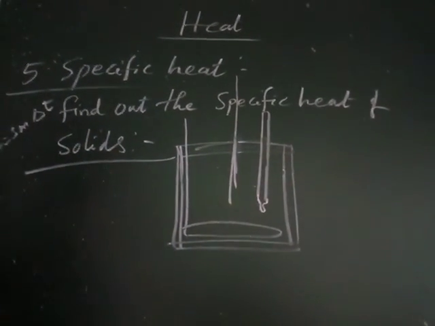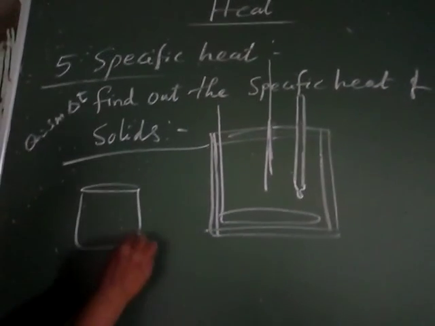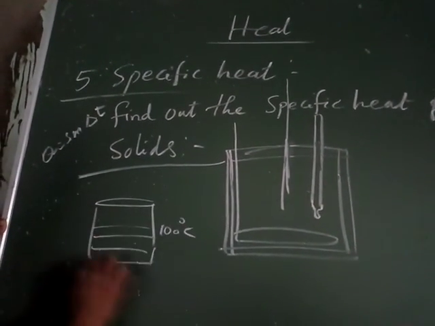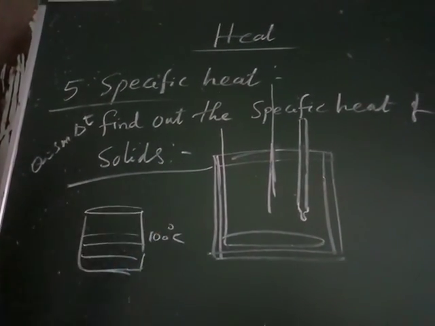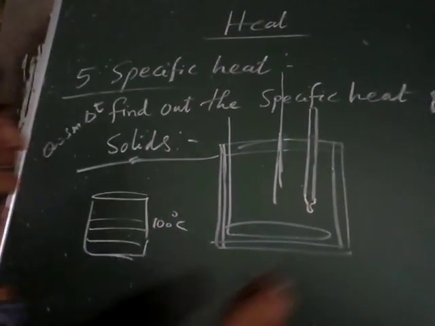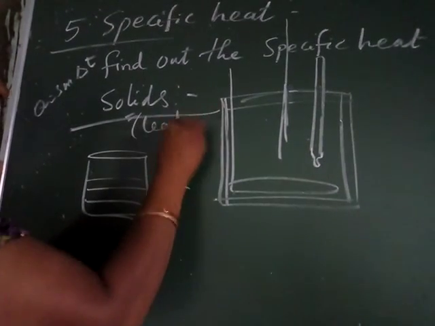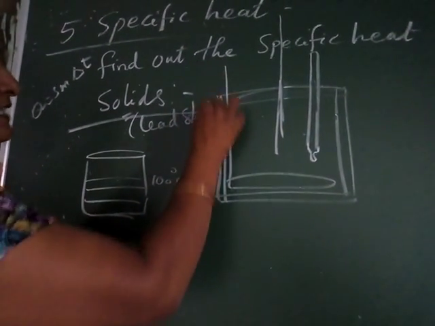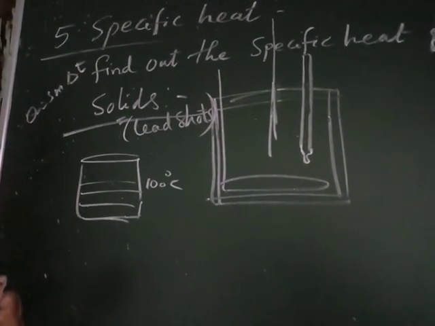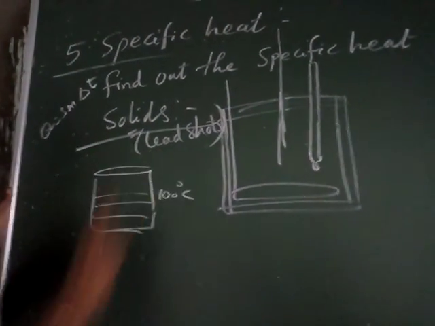That's why we are taking here. There is one hole. Now you take another beaker and take 100 degrees Celsius water here, and you keep here, in your textbook, the solids given are lead shots. What are the solids here given? Lead shots only. Why are we taking lead shots only? It absorbs heat energy very easily. That means it will take less time to absorb it. That's why we are taking lead shots.